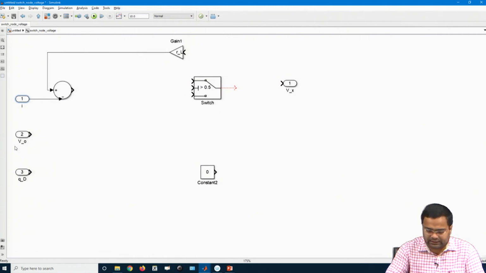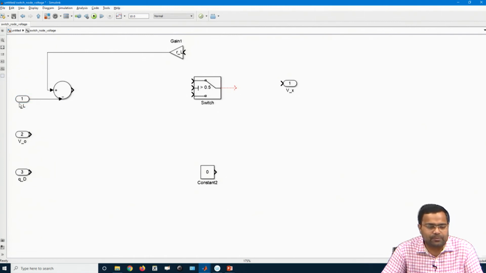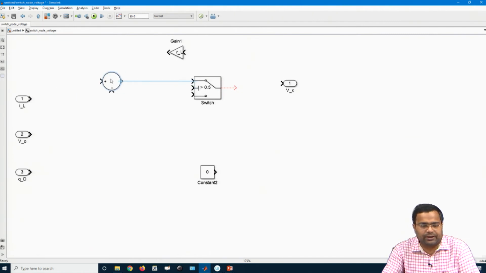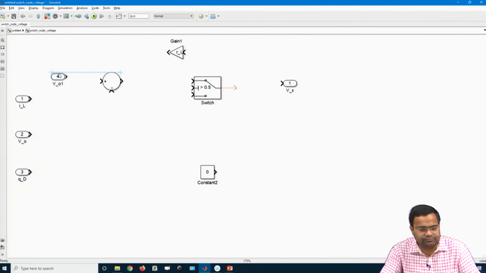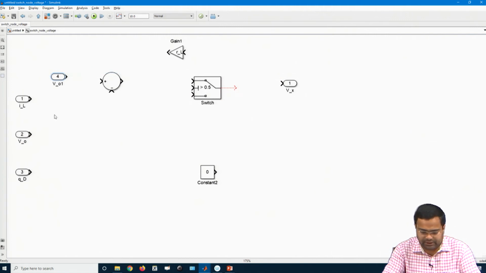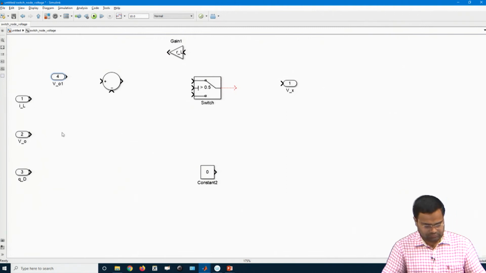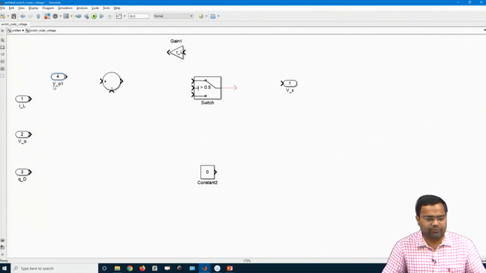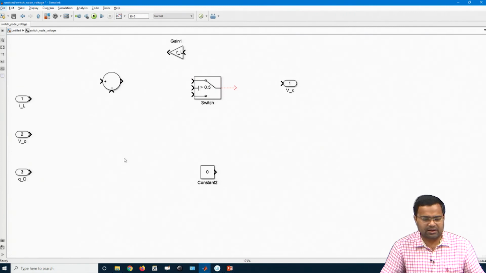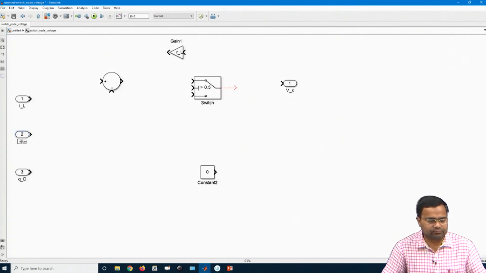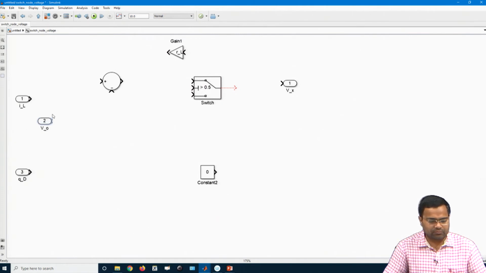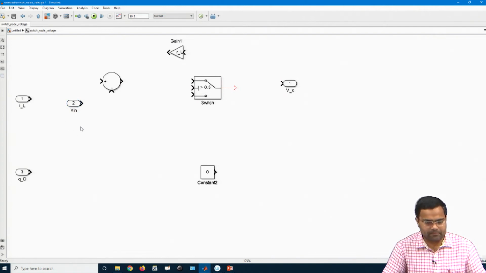Here we are taking the inductor current as input, let us not connect that. First we need the input voltage, V in. So, V in should be connected here.